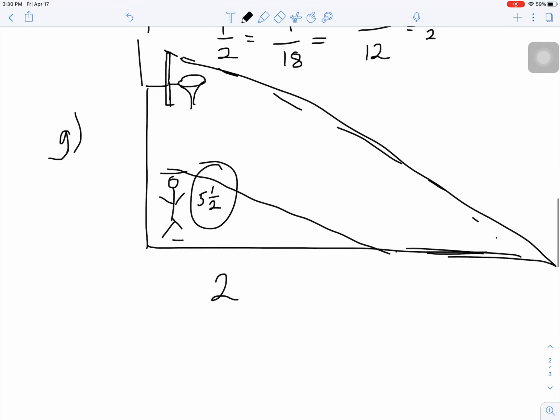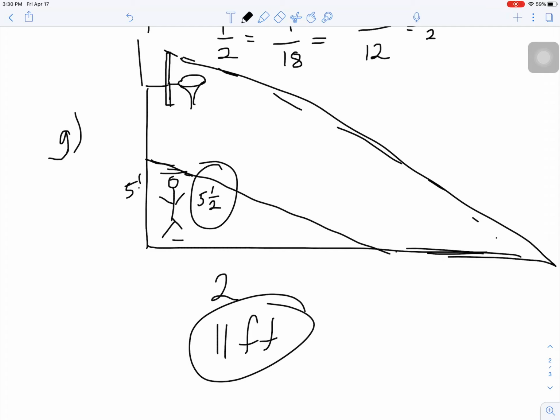So that would mean that your scale factor is 2, which means that the pole's height would be 11 feet, roughly, for the basketball, because all I did is multiply this smaller triangle, right? This was 5.5, right? This is x, and this is 2x. We don't know this number, but you can see that the scale factor is times 2, and that's how we get the answer. So grade 7, make sure you do every